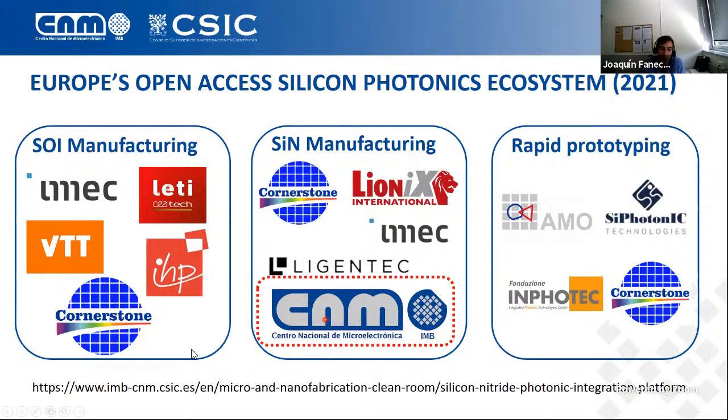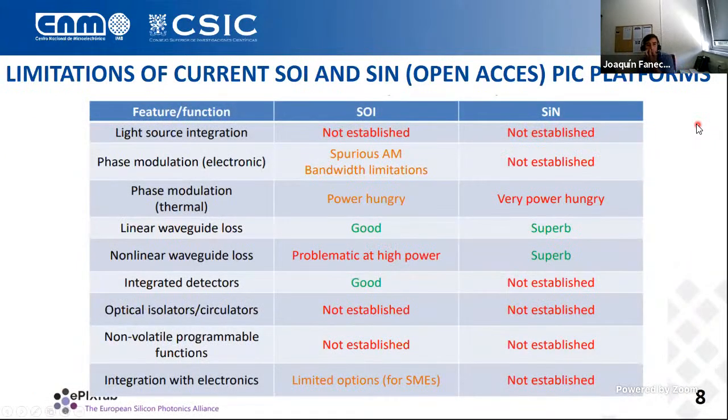So we're here, and if you go to this web page as well, you can find more details about the platform that we have been developing and running here. We have already run some multi-project wafers, and we are now in the 5th one, and it's a really useful integrated platform. We were talking as well with the European Silicon Photonics Alliance, which are